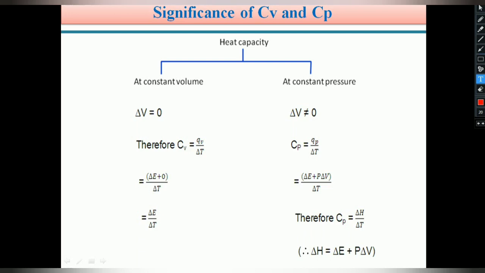So, students, I already told you heat capacity is a path function. In order to calculate this heat capacity, we should calculate at a constant volume and at constant pressure. At constant volume, how will it be, and at constant pressure, how can we see the heat capacity? Initially, we can divide it into two cases: constant volume is one case, and constant pressure is another. First, we can see at a constant volume. What will happen?